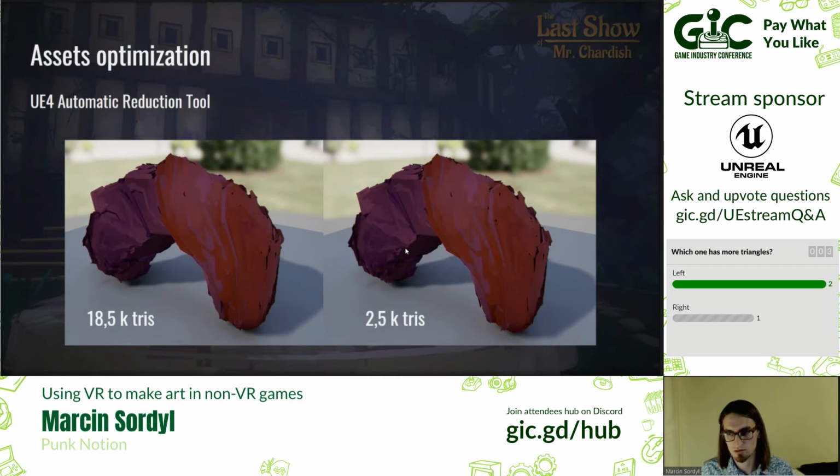It's many times, 7 times I think, and that was after 2 or 3 clicks in Unreal to make that reduction, and sometimes it can even cut the amount of triangles by 20 times, but